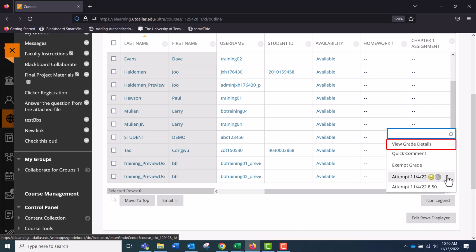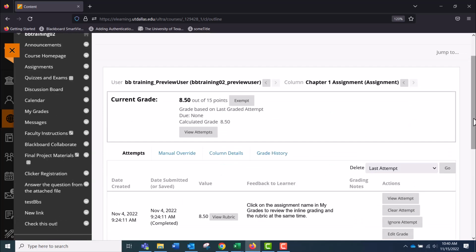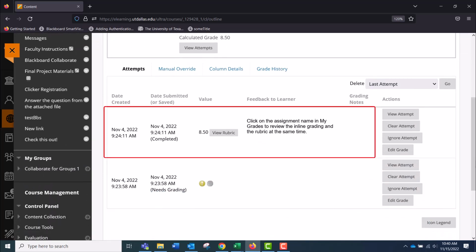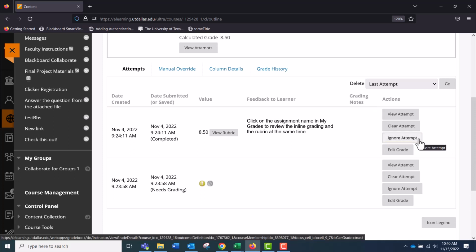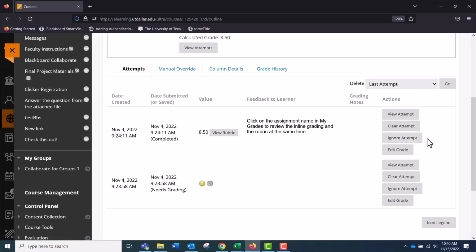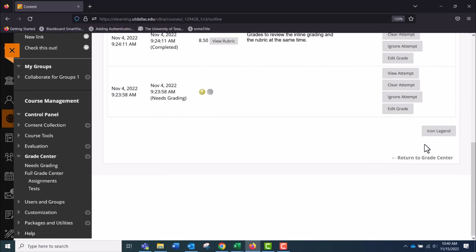If I go into View Grade Details, then I can see the history of attempts and the grade, as well as the rubric and the feedback posted to the learner. If I want to ignore this attempt, then I can click Ignore, which gives the student another chance. I'm going to go ahead and keep the grade and select Return to Grade Center.